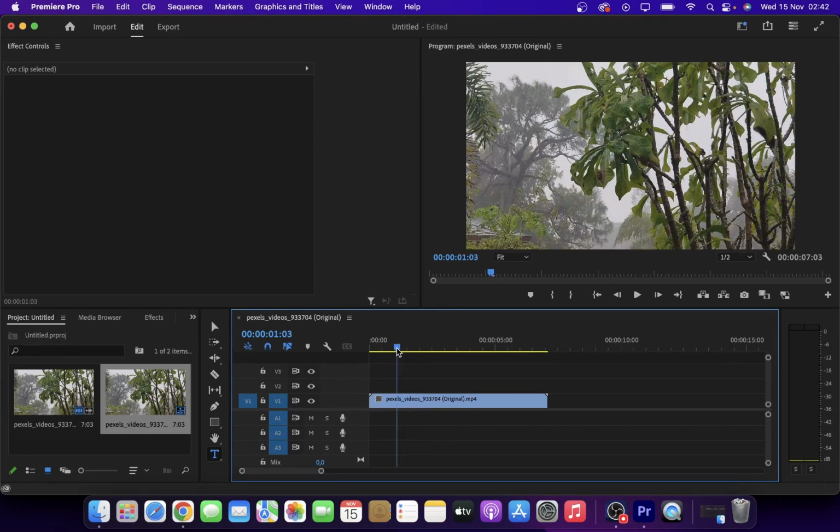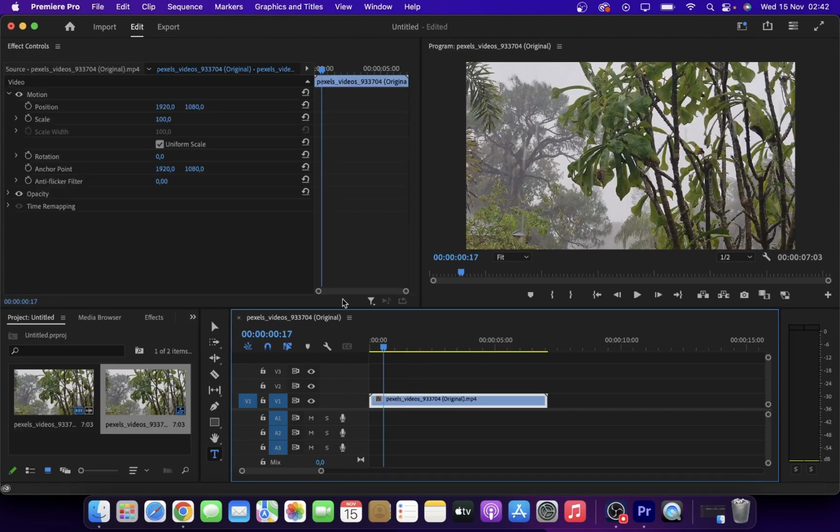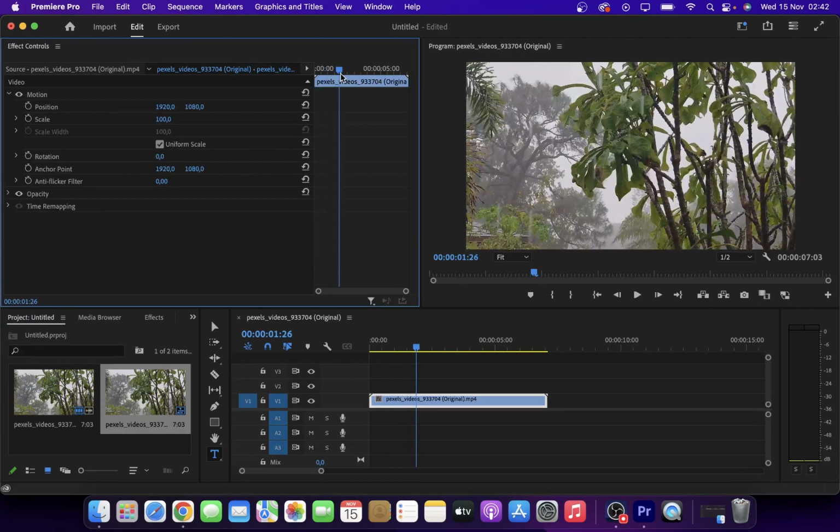So the first step is to add your video on your timeline. You can do this with videos, photos, or whatever you want, and then simply tap on it like this. And here on the left side, as you can see, I have my effect controls. And what you have to do is simply move around this